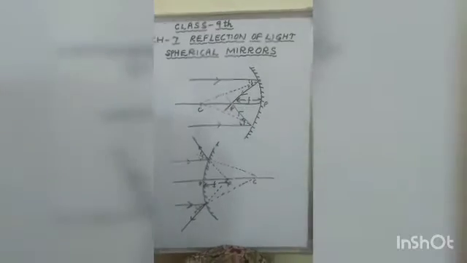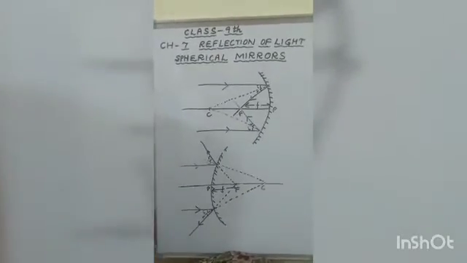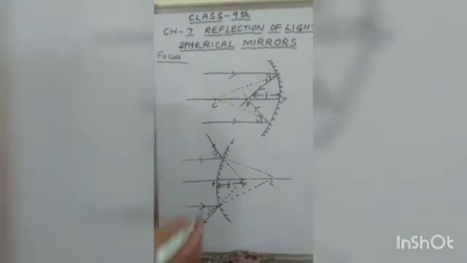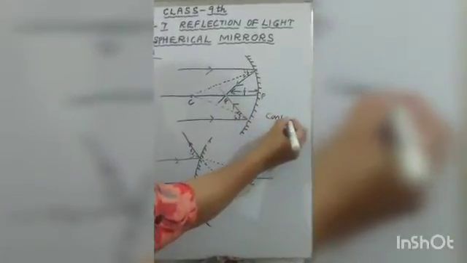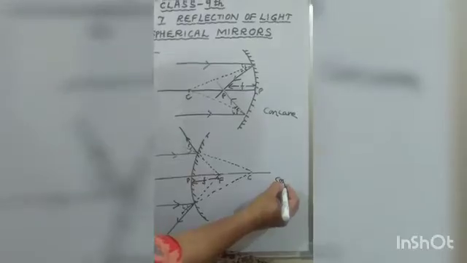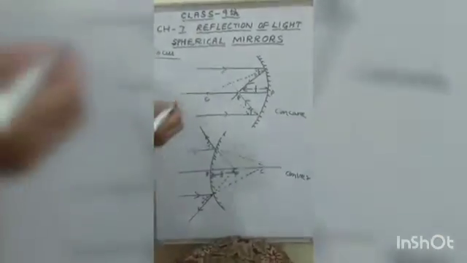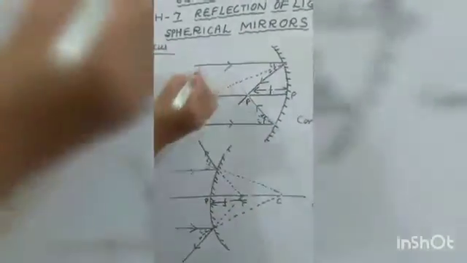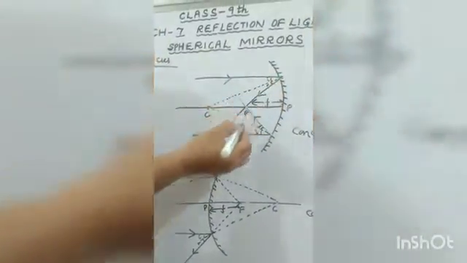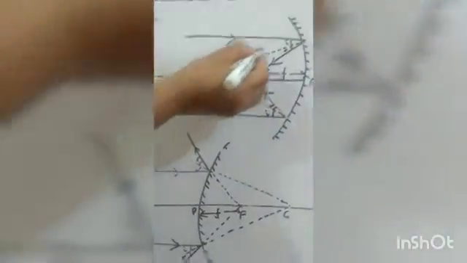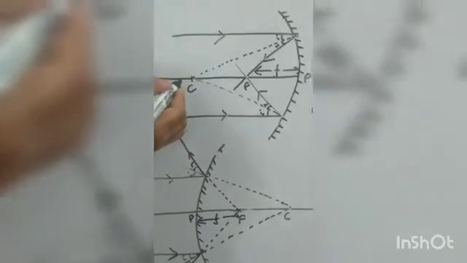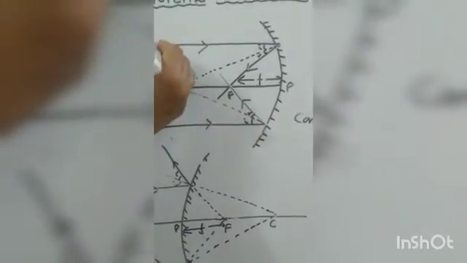Now children, see. Again I have drawn a concave and a convex mirror, and I am explaining to you what we mean by the focus. Now this is a concave mirror, silvered on the outside surface, and the reflection will take place from the inside surface. This is the center of curvature, and the line drawn through it is called the normal of the mirror.